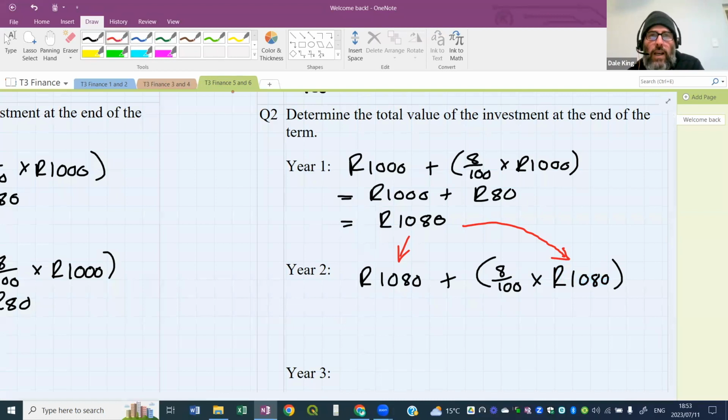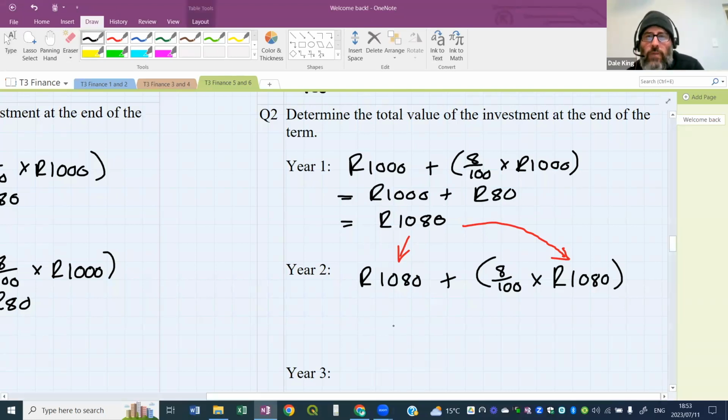And you can see here in this value, 1,080, there's our 1,000 Rand there. But look, our 80 Rand of interest we earned the previous year in year one is also in there. So this is why I say compound interest is earning interest on your interest. You're not earning interest only on your principal amount. You're earning interest on your principal plus interest. You earn interest on interest. You're earning interest on free money that they gave you. All right. So compound interest is extremely powerful.